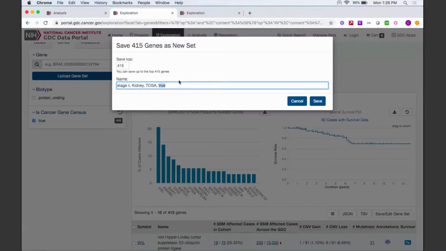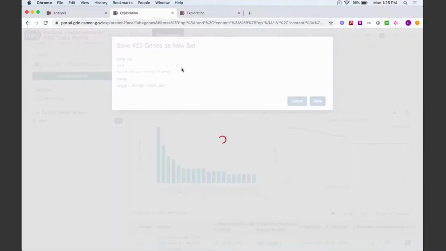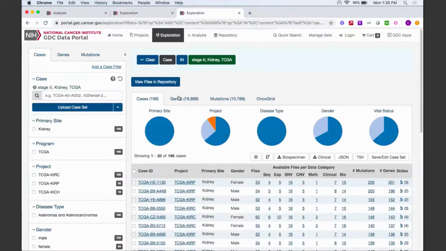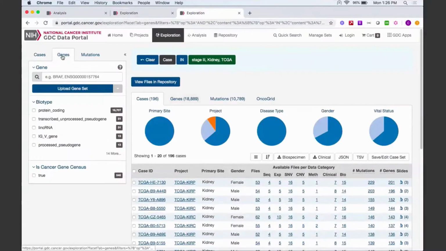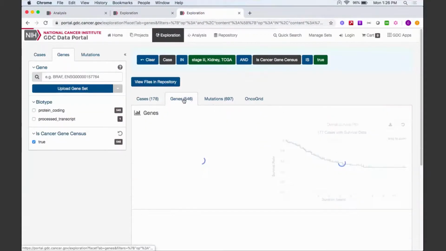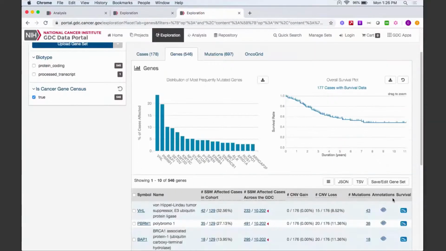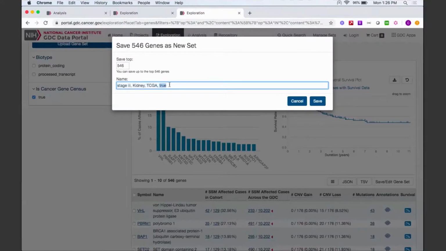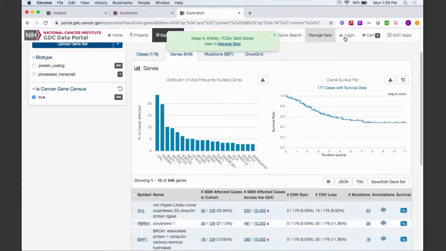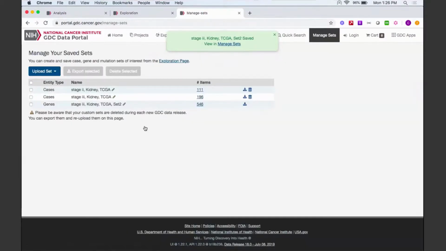Let's see, maybe I'll just call this set. And then I have that other tab open where I can do the same thing. I'll choose, is the gene part of the cancer gene census? I'll click on the genes tab, and then I save this as a new gene set. I think I call it set 2 something. There we go. So now if I go back to the Manage Sets page,